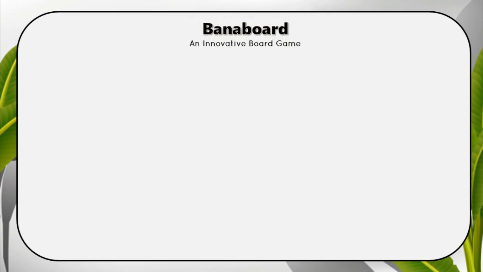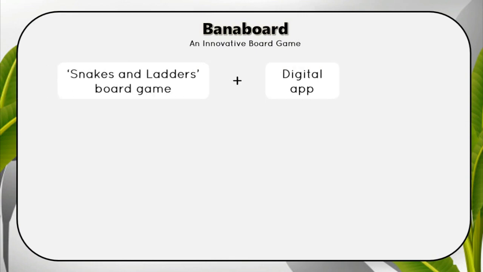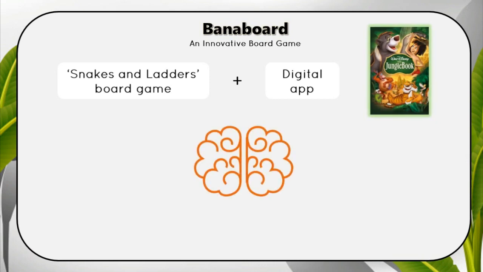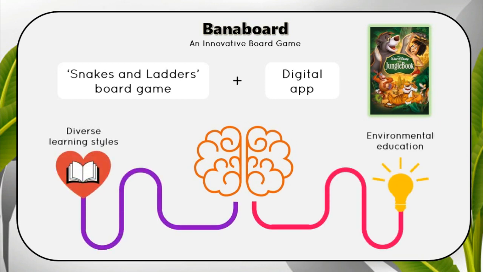Banaboard is an innovative board game that is inspired by the concept of the traditional snakes and ladders board game while combining it with a digital app. In this game, we are taking the characters from Jungle Book as the main theme. In Banaboard, pupils can play while learning in a fun environment because it incorporates various elements that stimulate their diverse learning styles, and also there are elements of environmental education in Banaboard which will increase pupils' awareness towards the importance